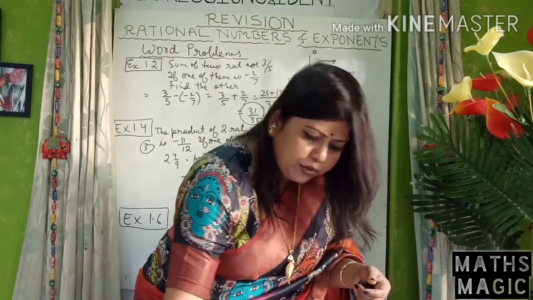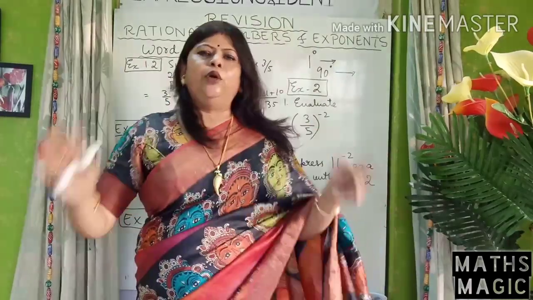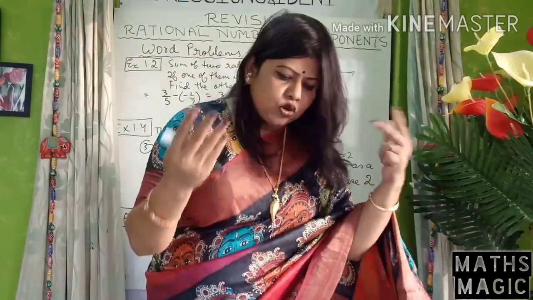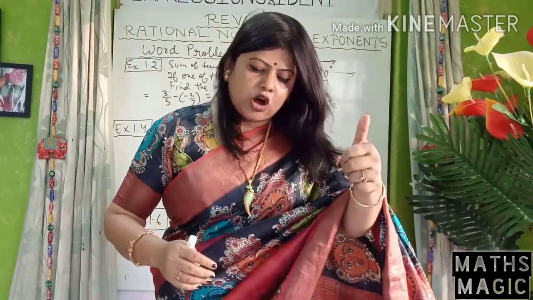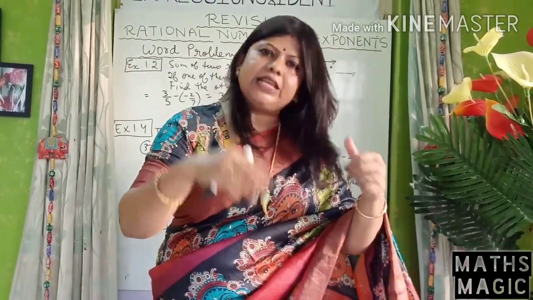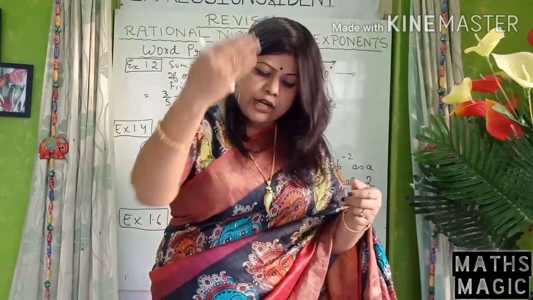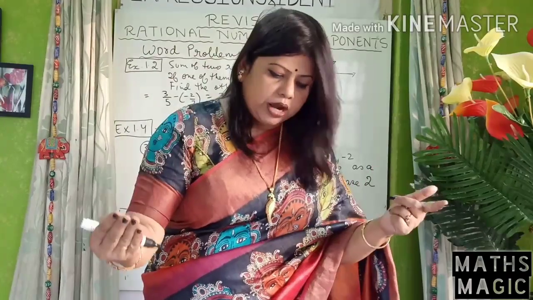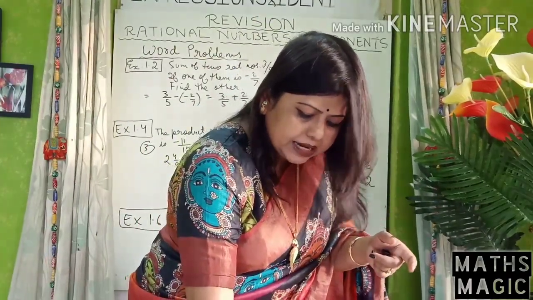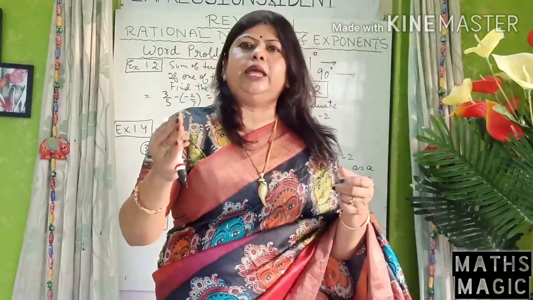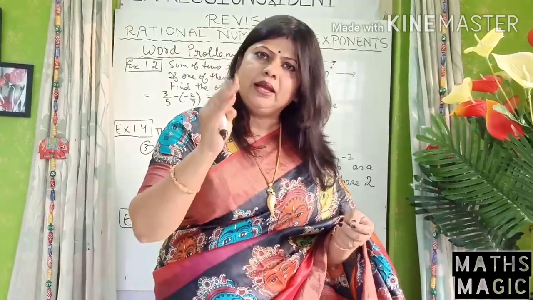So students, when you come to exercise 1.6, here you have elaborate questions. Like the first one: in a bag there are 20 kg of fruits, this much of oranges. So 7 1 by 6 of 20, you find oranges. Then apples, you find 8 2 by 3 of 20, and the rest are grapes. So you have to add up both the fruits and subtract it, so you will get grapes.